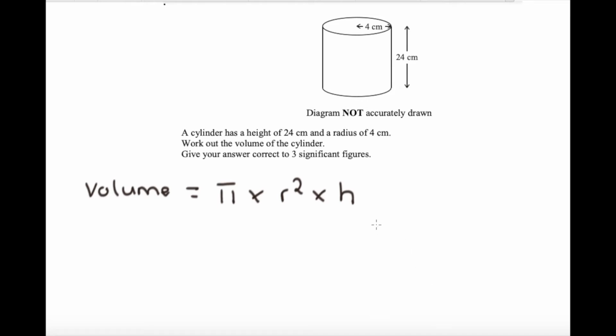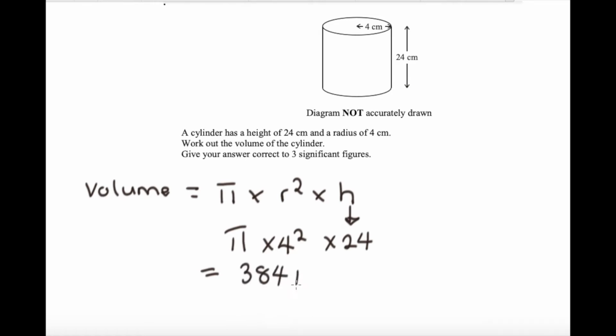We already know our height is 24 centimeters and our radius is 4 centimeters, but it's radius squared, so that would mean 4 centimeters squared times pi. If we put that into our calculator, that will be